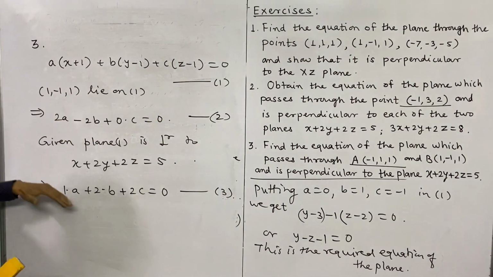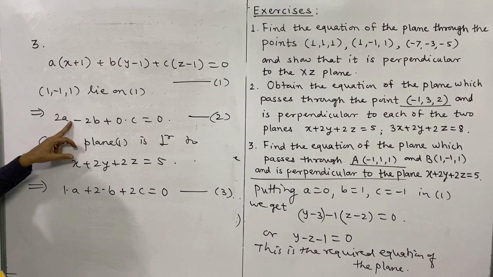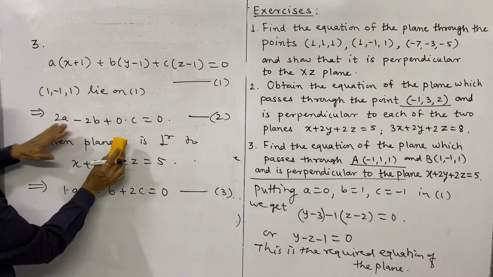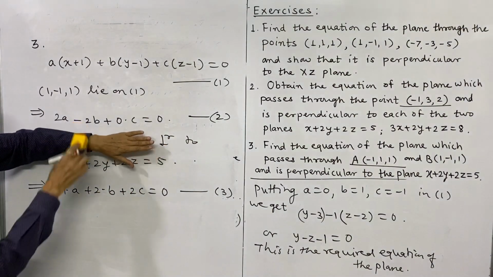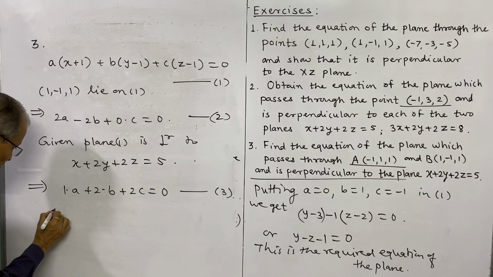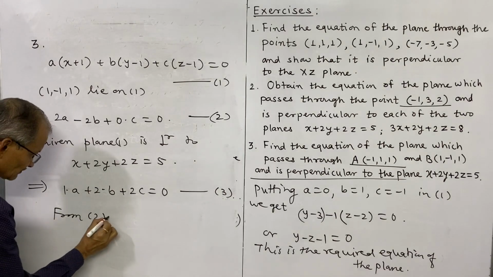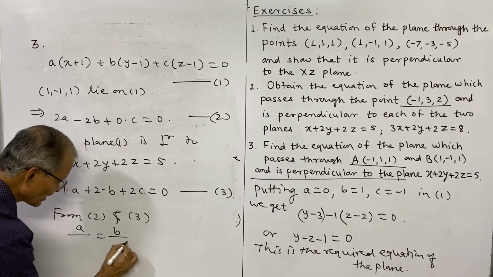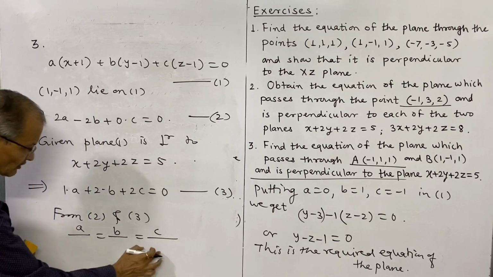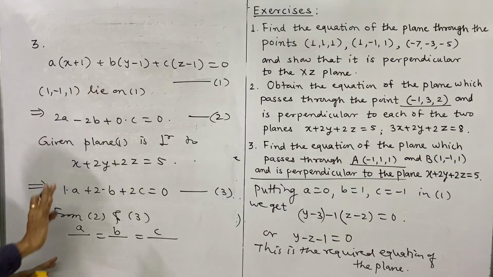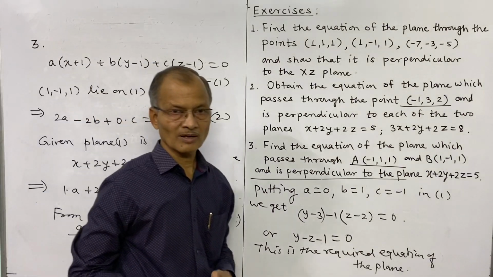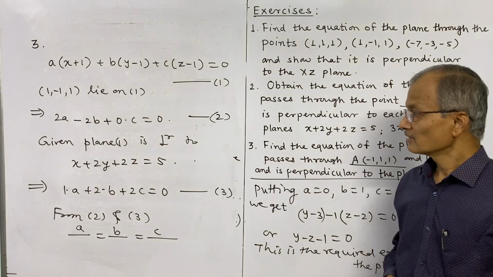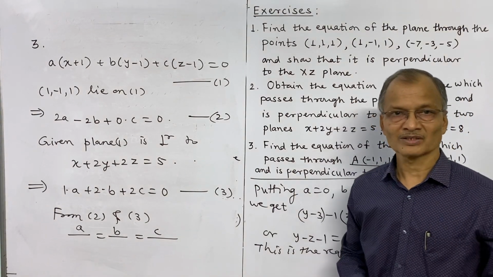Now from 2 and 3, find the values of A, B, C, as we have done earlier. A divided by, C divided by. So this is to be hidden and then write the values. So from 2 and 3, write A divided by this, B divided by, and get these values and put these values again in 1. That will be the required equation of the plane. So please try the third problem yourself. The remaining part we will continue next time. Thank you.